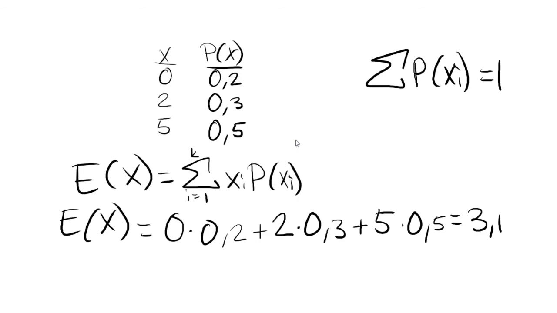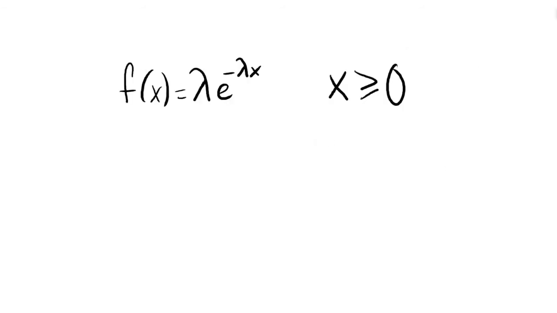But what if we would have a continuous situation where we can't pinpoint each x because it could be any decimal and all that? Well, here we have a continuous case where x's don't have to take on a few specific numbers. It can take on any value that is above 0 in this case. And this distribution is an exponential distribution. There will be another video of that later.